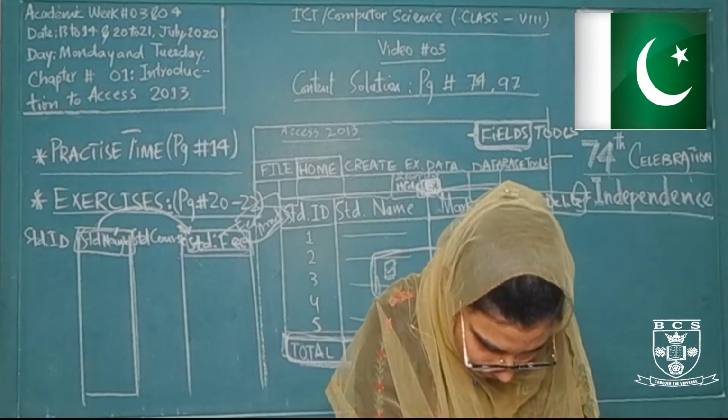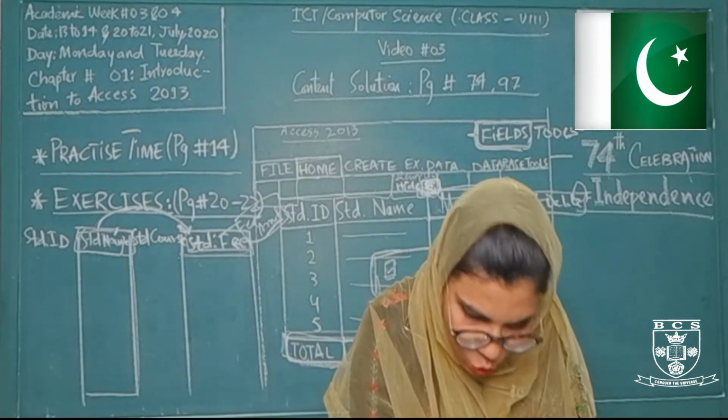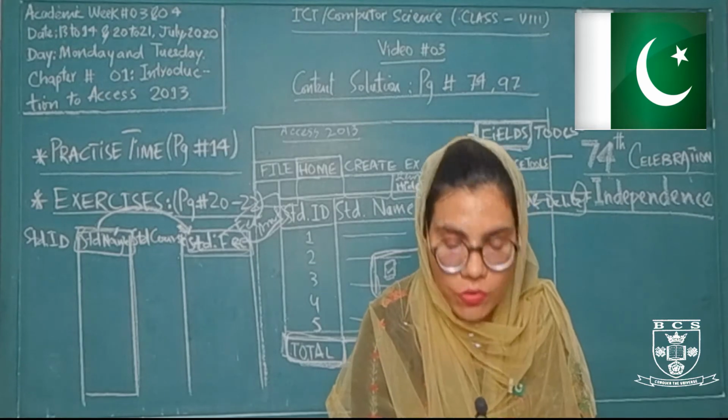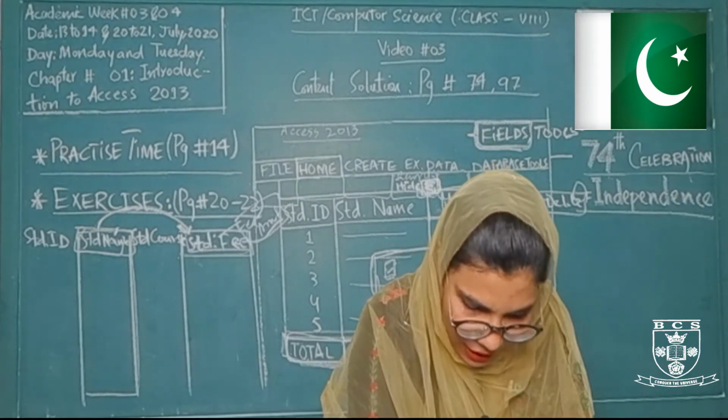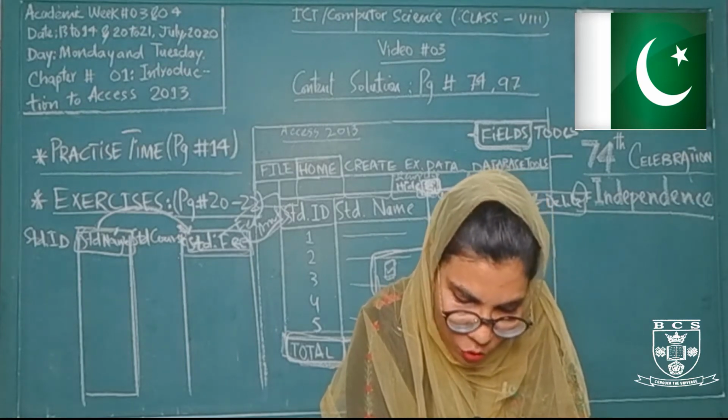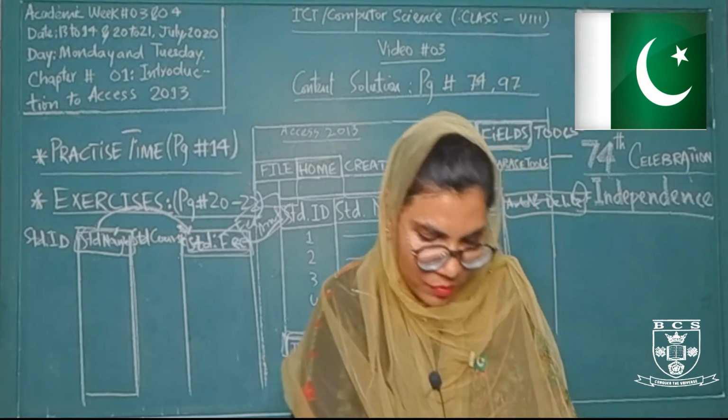As we click on the delete button, a message box with the message "Do you want to permanently delete the selected field and the data in the field" will appear. Click yes to permanently delete the data. Now if you want to delete the data permanently from your table, click the yes button.